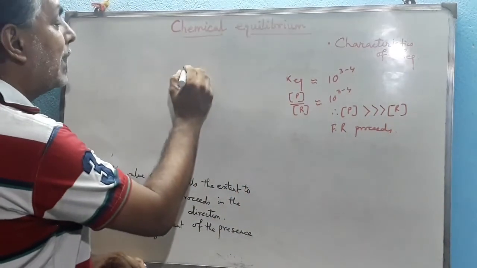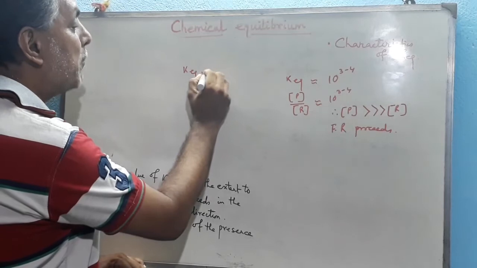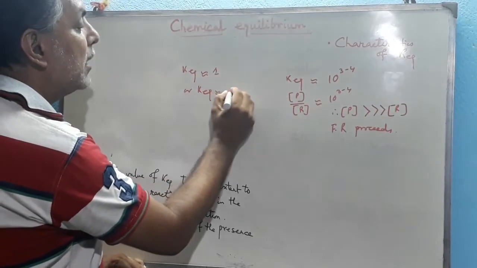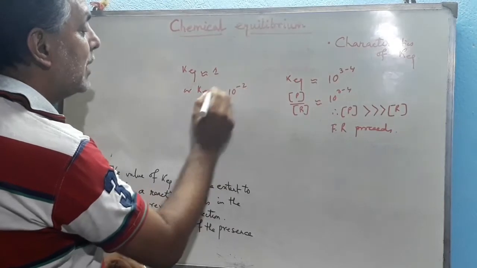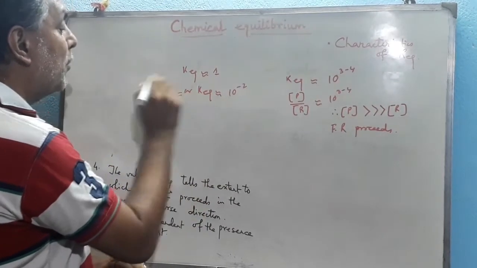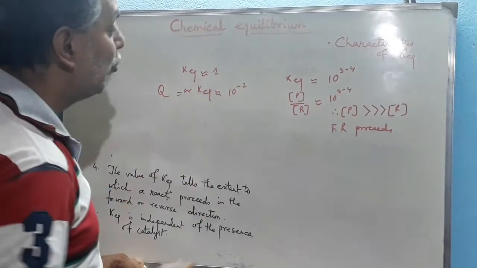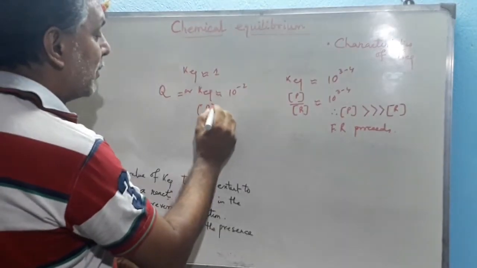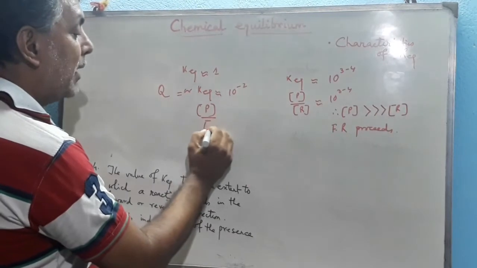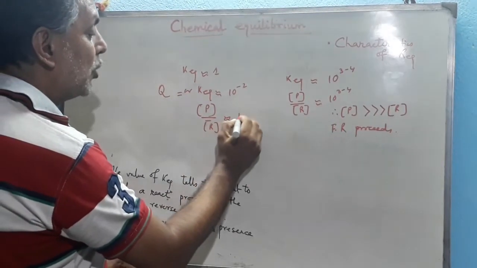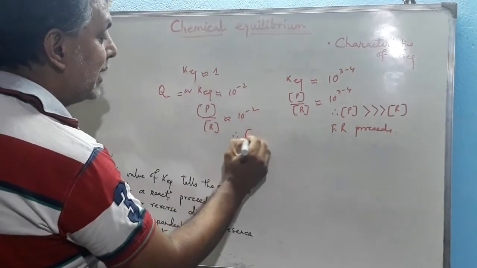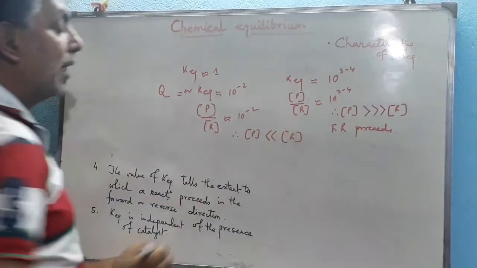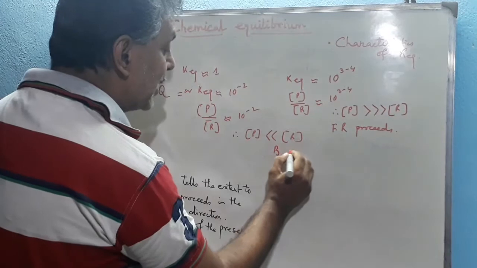But whenever the value is very low, approximately 10 to the power minus 2, that may be expressed by Q. If the value of Q is like this, where Q means quotient, then the product by reactant ratio is very low, 10 to the power minus 2. Therefore we can say that the concentration of product is very much less than the concentration of the reactant, so the backward reaction proceeds,